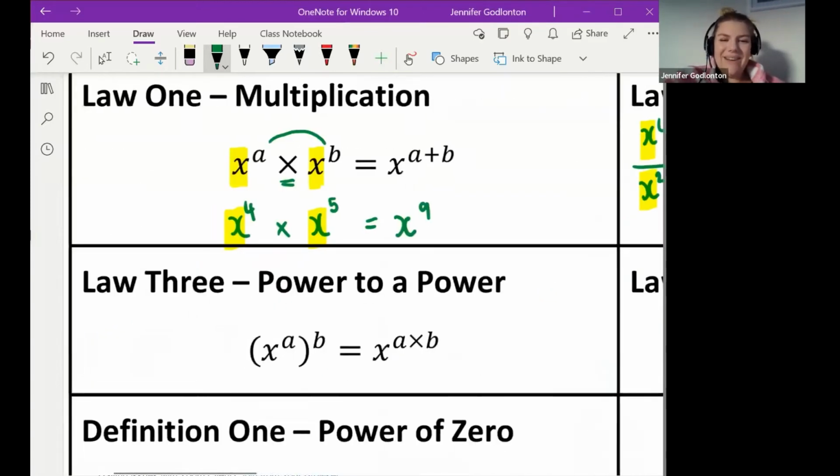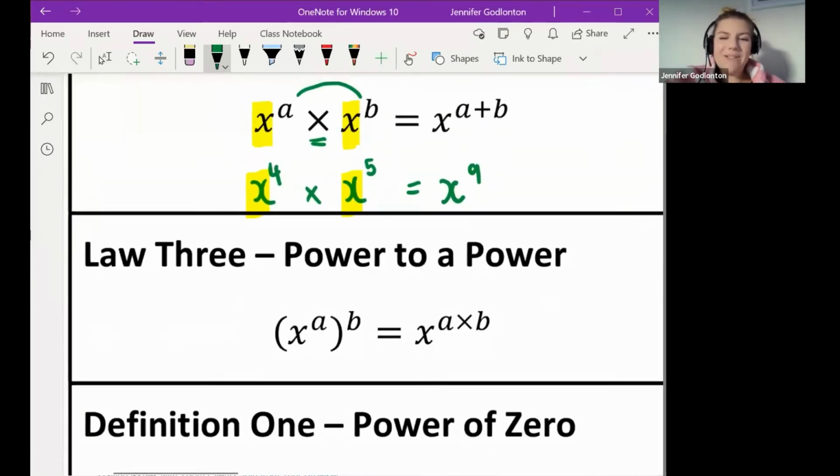Okay, law number 3, when we have a power to a power. So what that means is